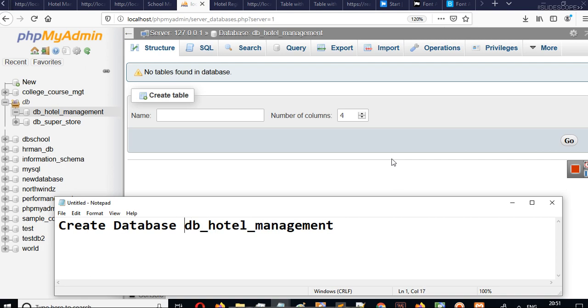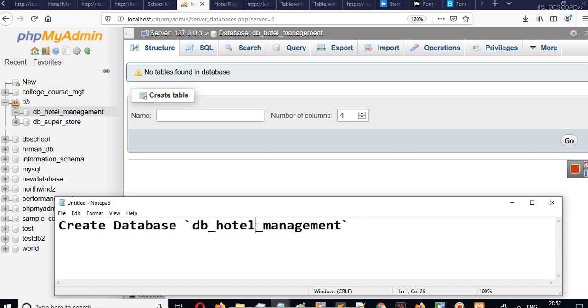In MySQL, we can use this left inverted comma, the backtick. This left inverted comma is just below the Escape key on our keyboard. By using it, we make sure that the identifier we have written starts from this part and ends here.